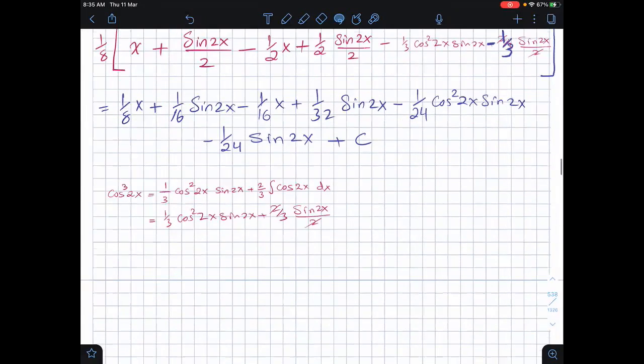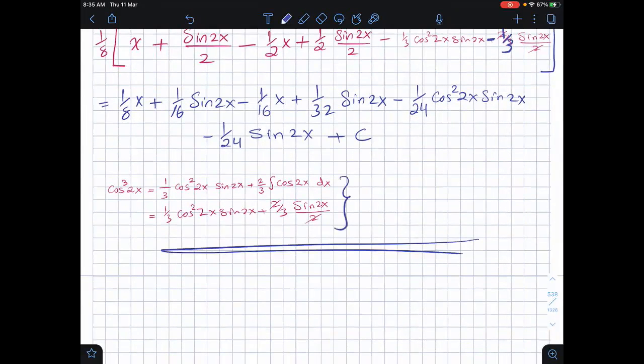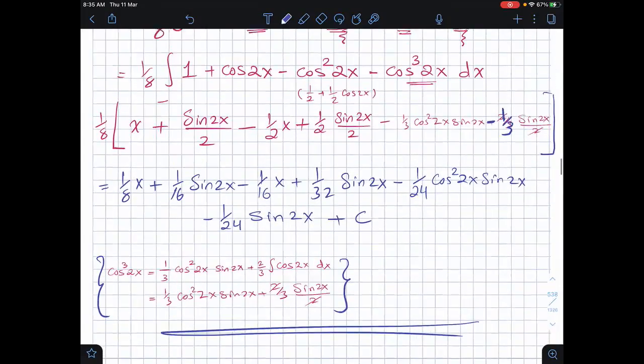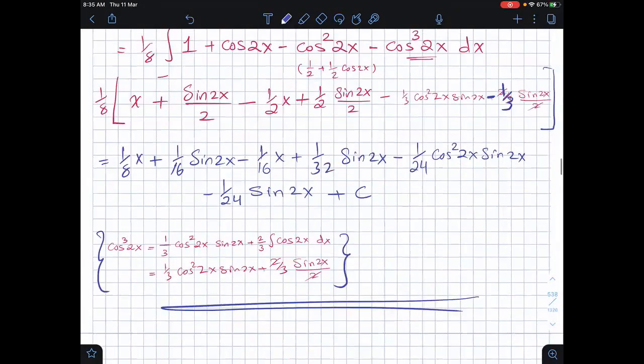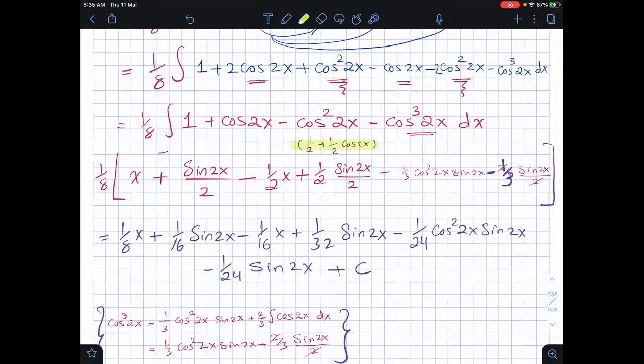leave it here. It was part of the question, part of the answer, which is how to find cosine cubed 2x. The rule for cosine squared 2x is half plus half cosine 2x. The half we made minus because there is a minus before the cosine, so it will be negative: half x, minus half sine 2x. So reversing quickly the final step: 1 over 8x plus 1 over 16 sine 2x minus 1 over 16x minus 1 over 32 sine 2x minus 1 over